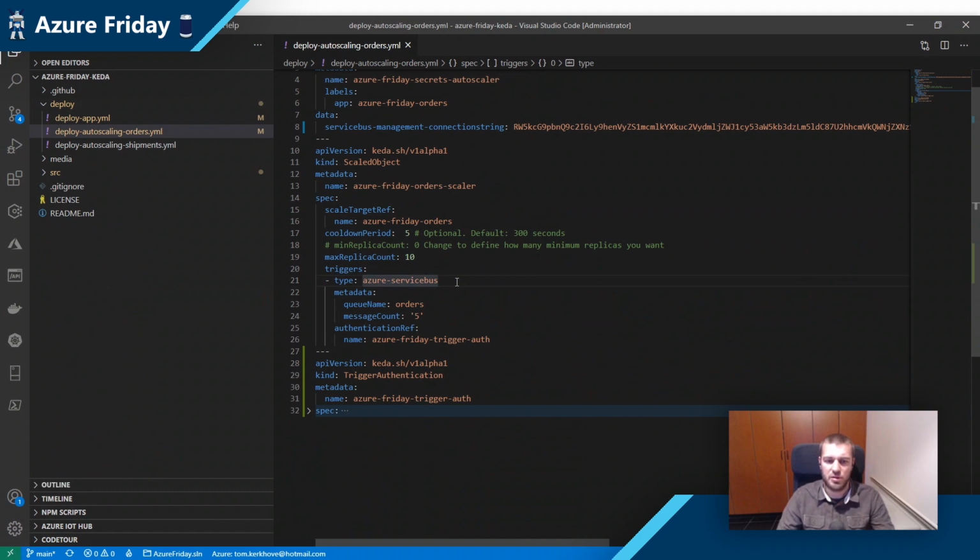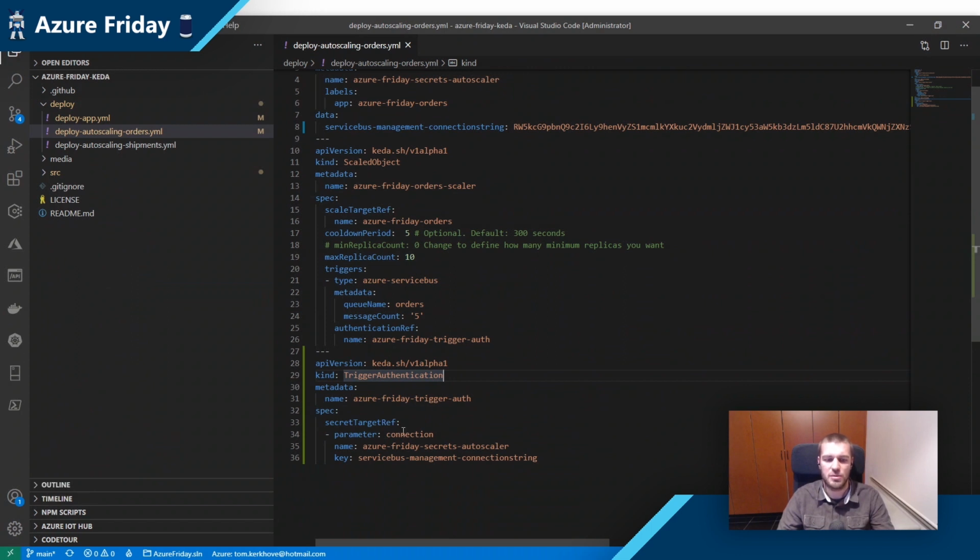Now we just have to define how it needs to be triggered. So here we're saying we want to scale based on Service Bus, and we will check the orders queue. And if there are more than 5 messages, add another instance. And then the last thing we do is we refer to an authentication here. That is a second resource from KEDA, where basically we define how to authenticate.